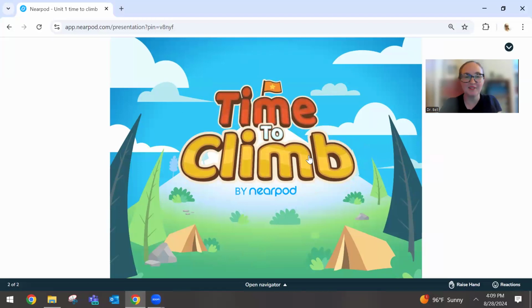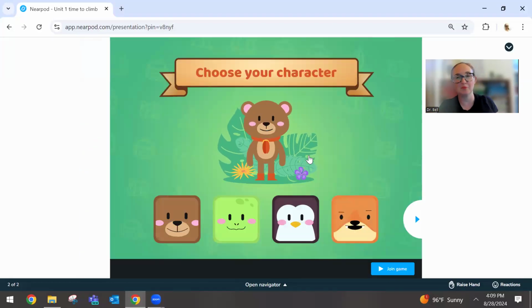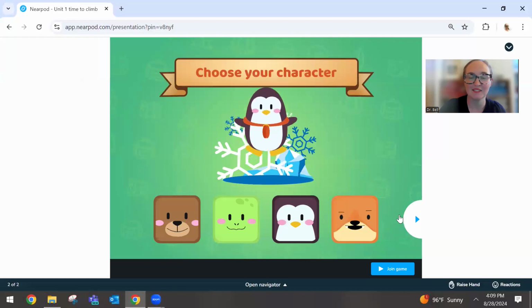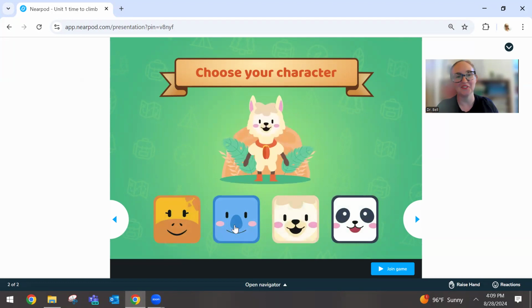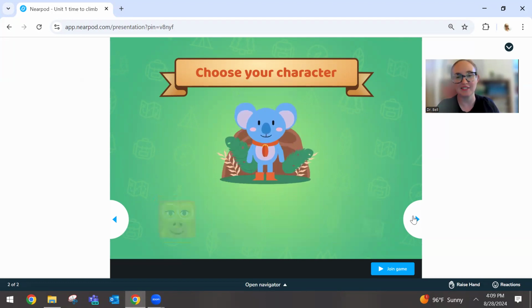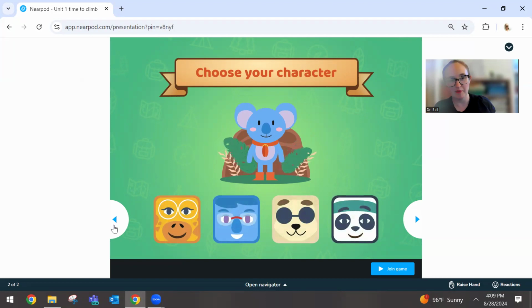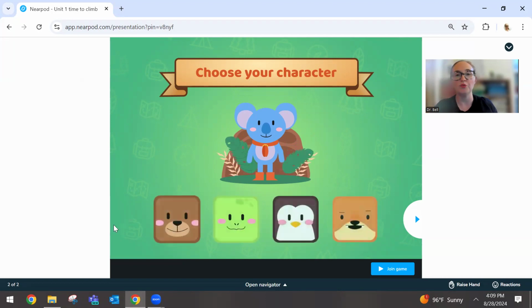Okay, the game is called Time to Climb, and usually I do about 10 practice questions on them. Each student chooses an avatar, and there are a lot of them. We don't have to go through all of them, but each student chooses an avatar and a fake name. And you're kind of competing with the other students with your fake name on if you're getting each question right or wrong. Between the questions, I will pause the video and explain the answers.